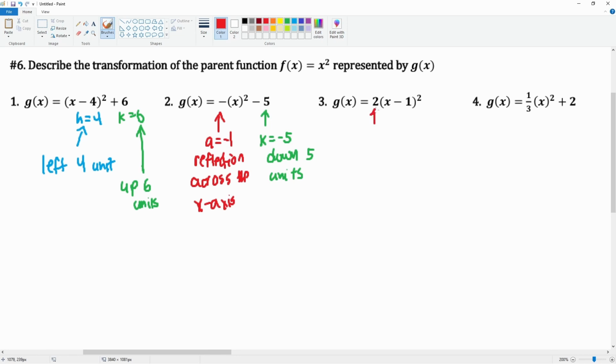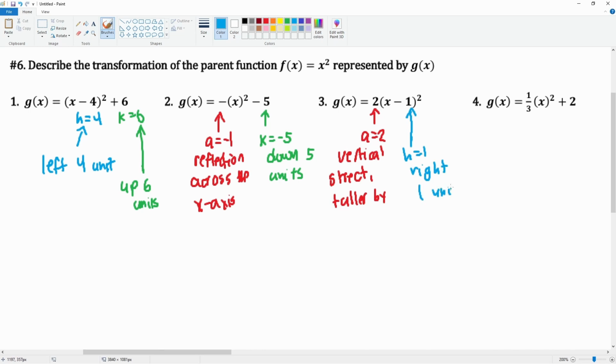Next we have for 3, a equals 2. Then it looks like h is equal to 1. The a equals 2, this part is a vertical stretch. Also, you can see this as it getting taller by 2. H is equal to 1. This means right